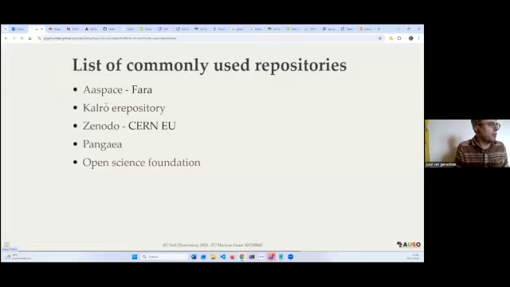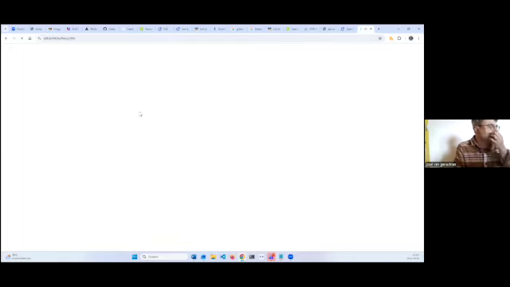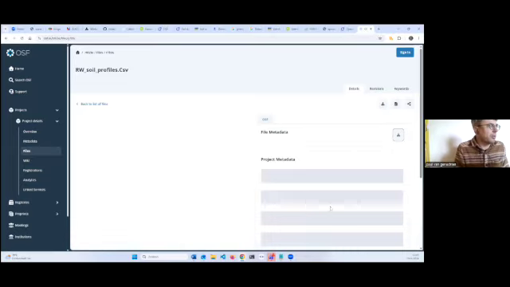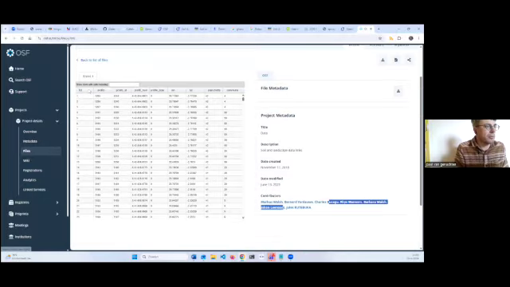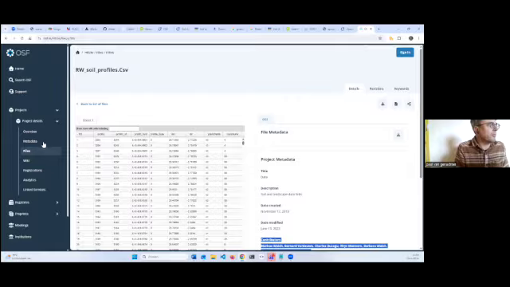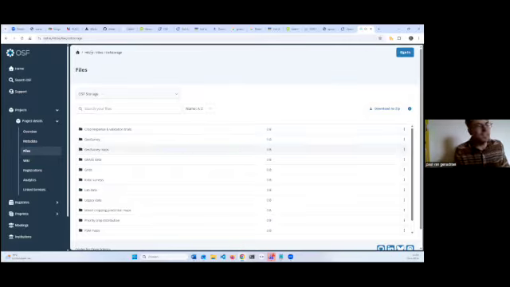And then we have the Open Science Foundation. This is, for example, a data set from the Rwanda Soil Observatory that is managed by this group of researchers, and they use the Open Science Foundation.